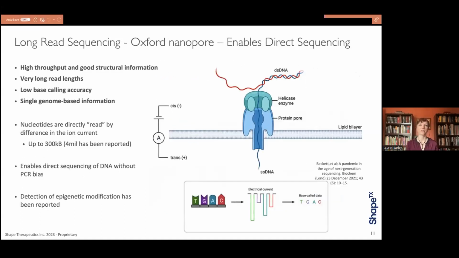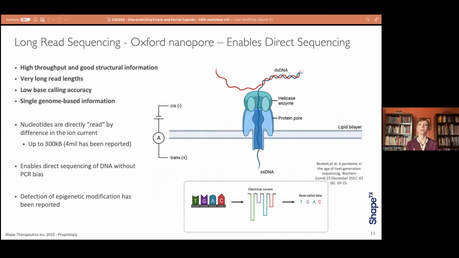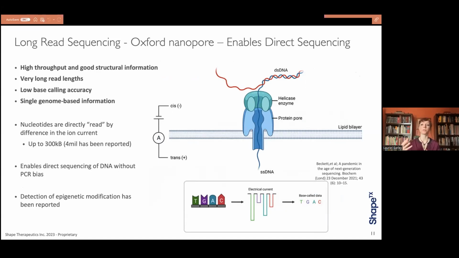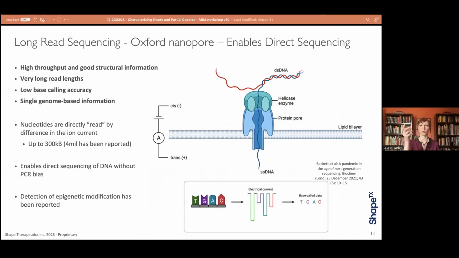So a long read sequencing technique, for example, is Oxford Nanopore, and this is a very different style of sequencing than what you would get from the Illumina because you're not using sequencing by synthesis. In this case, you're taking double-stranded DNA molecules, and they have to be double-stranded to be adapted. That adapting process will put a motor protein onto them, and then that will be attached to a protein pore. And using the motor protein ability, it'll be pushed through the pore, which is embedded in a lipid bilayer. And this actually is an ion channel.